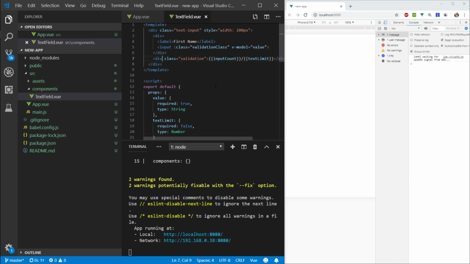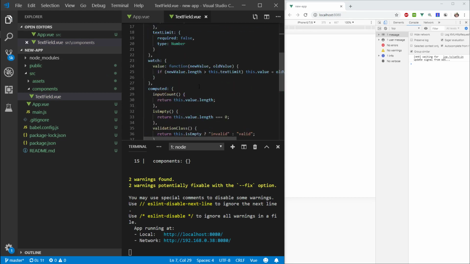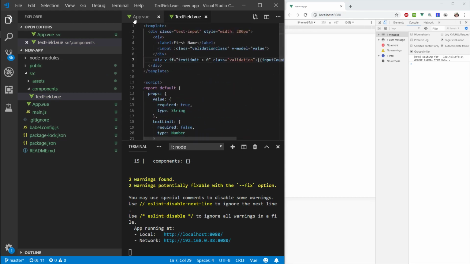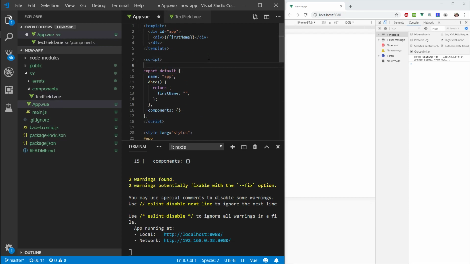And in here we can say if text limit is more than 0, so then we can essentially display this counter validation. All right, everything else I think looks all right. So now let's import this